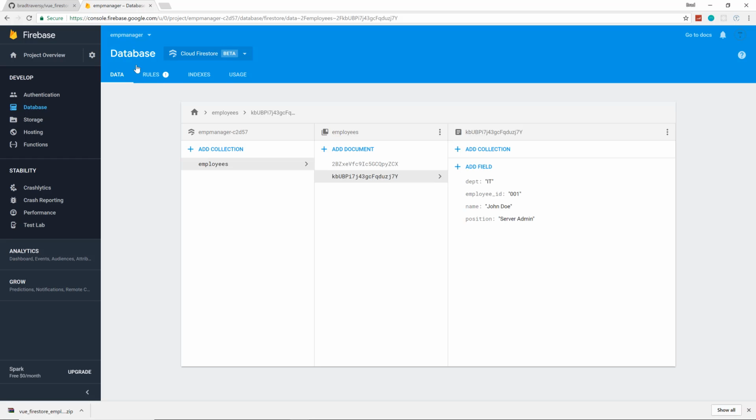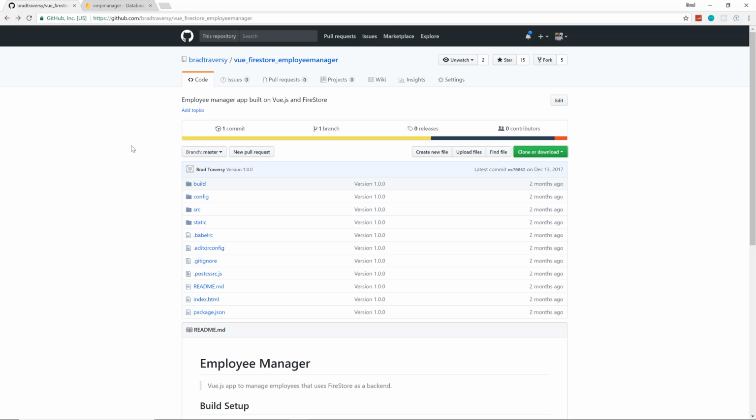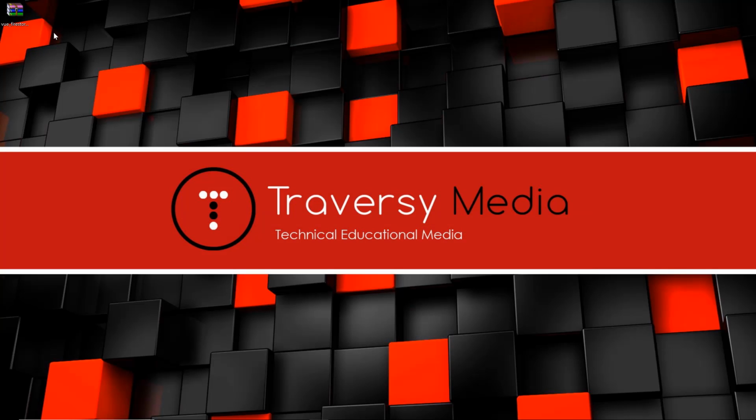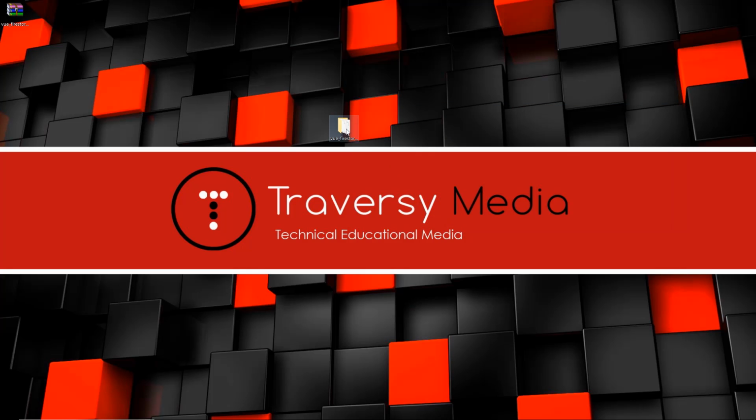All right, so our Firebase backend is all set. So now what we want to do is grab the application. Of course, if you haven't already built it and still have it on your machine, this is the Git repository for it. It's Vue Firestore Employee Manager, and I could just clone it with Git, but I'm just going to download the zip file to my desktop. Okay, and then we'll just go ahead and open that up, and let's extract the folder from it,